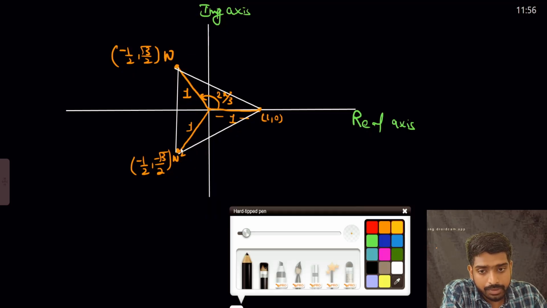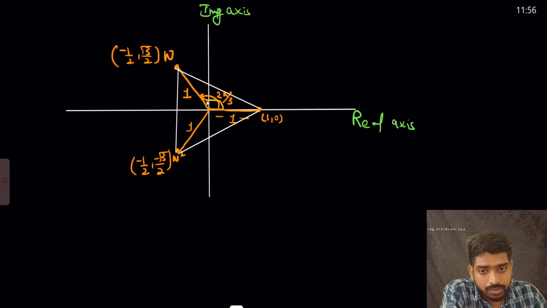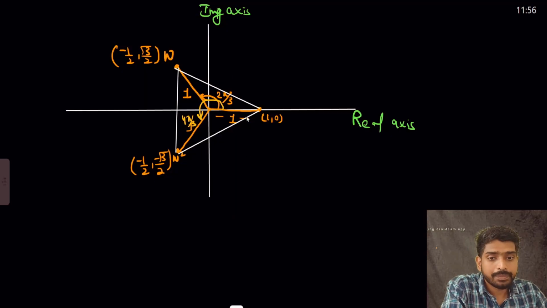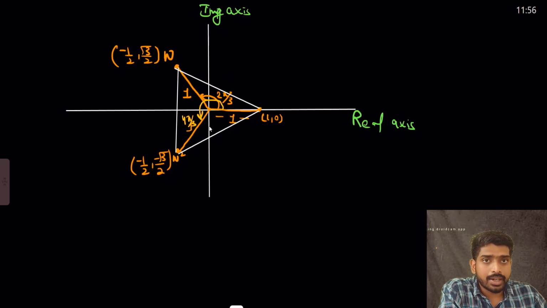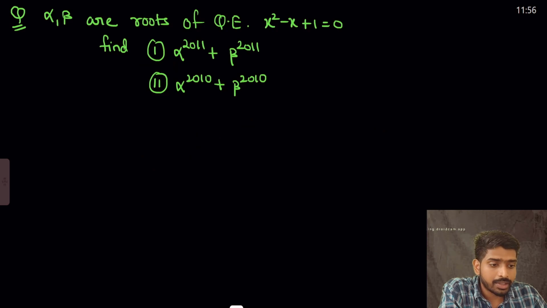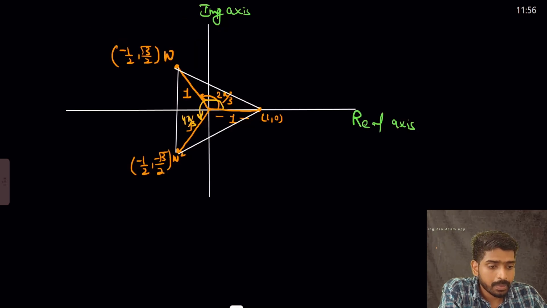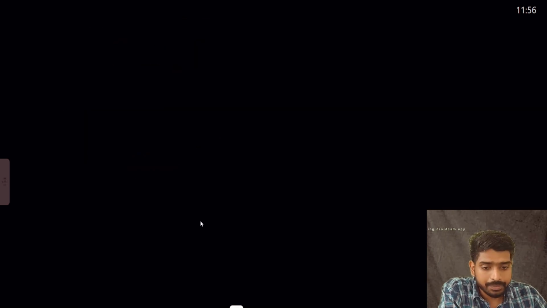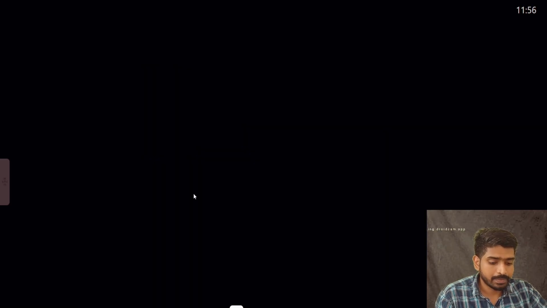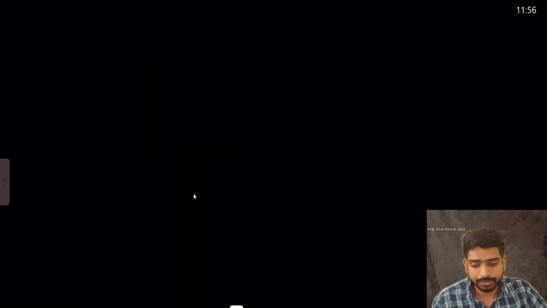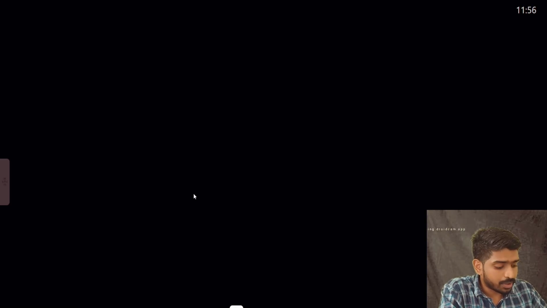The argument of this complex number omega square is 4 pi by 3. Yes, 4 pi by 3, we got an equilateral triangle. Next, some important points: note points regarding cube roots of unity. The first important point is